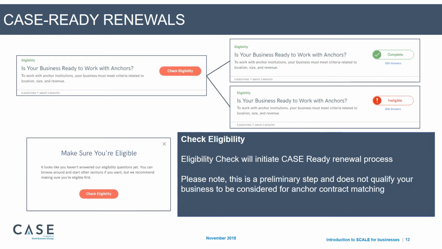Once you hear from a case team member inviting you to complete the renewal process, these are your next steps. You will check your eligibility criteria that is on your home screen. Many of you who are case ready shouldn't have an issue. We're hoping that those businesses in our network that fell a little bit short of being case ready will have the opportunity to be eligible this time around. And if for some reason you're not eligible, we'll dig a little deeper and address the issue.